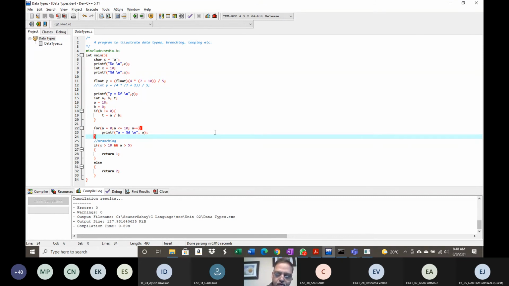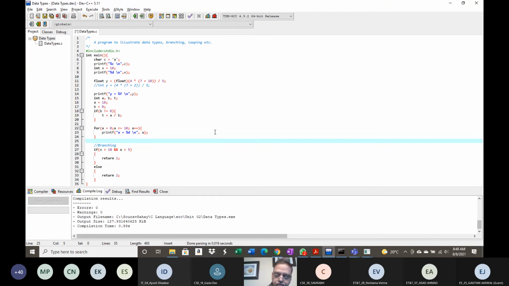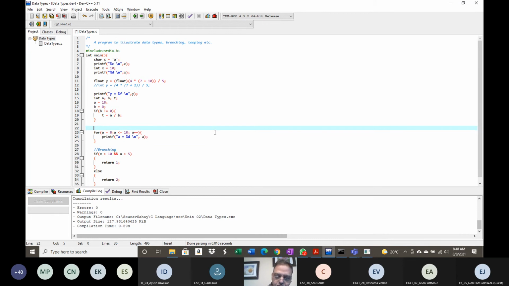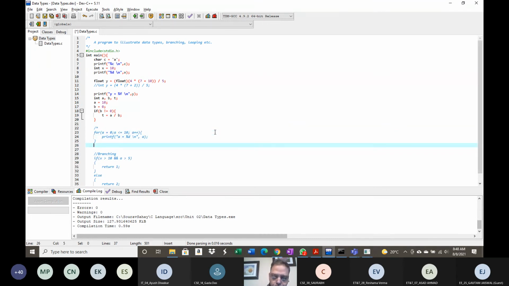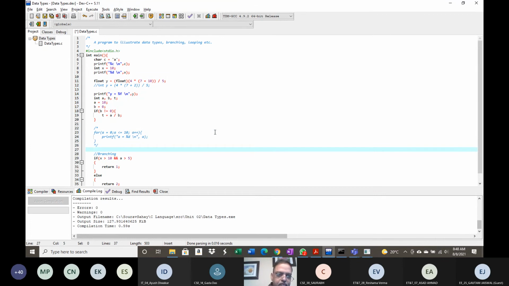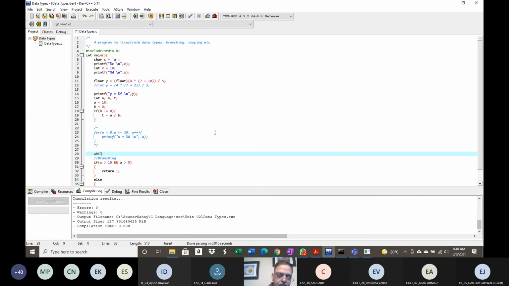Then we have a while loop. Let me comment this out first. So the second loop we have is, and I will highlight another logical mistake that we might commit.